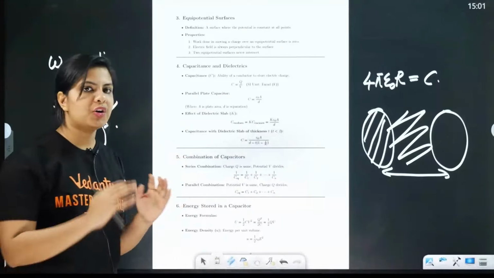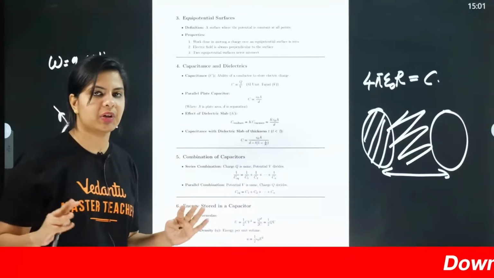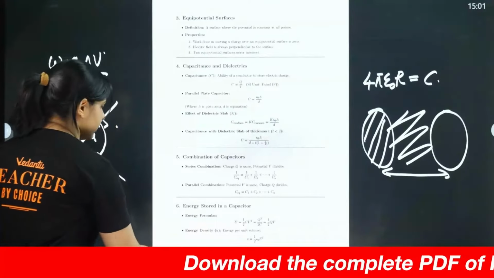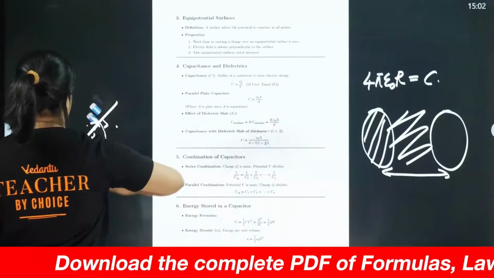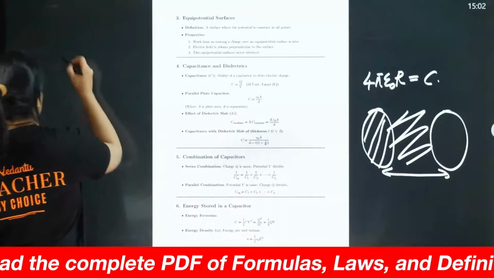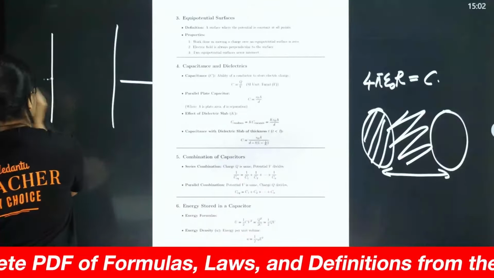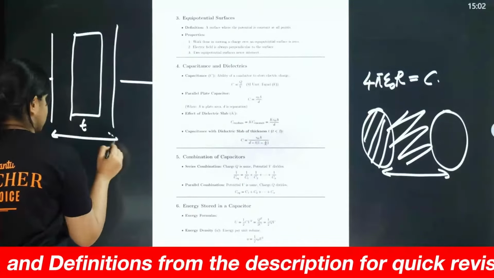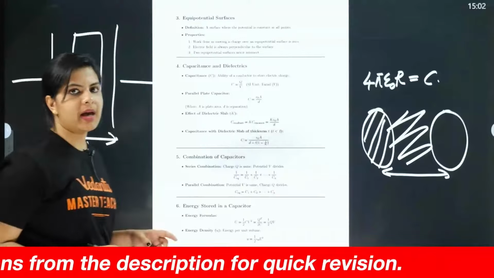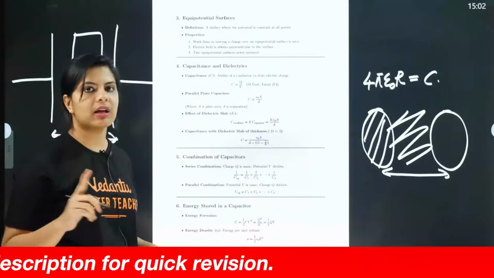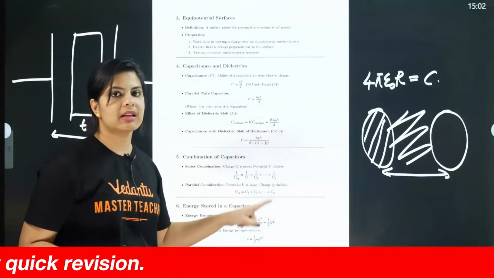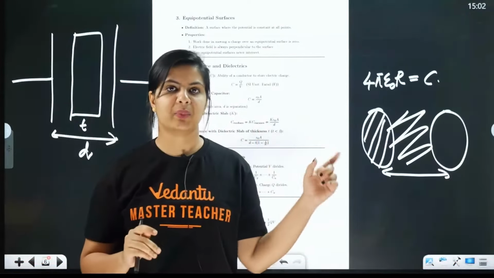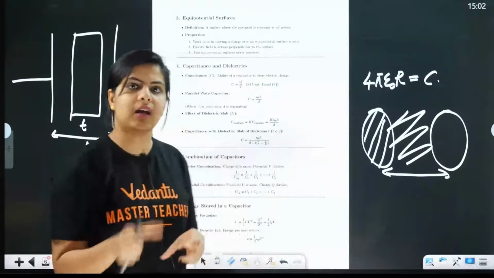Now I don't want to fill the complete space with the dielectric medium. The dielectric medium is present only in some of the space, so I will draw the diagram here. This is our parallel plate capacitor. I am keeping a dielectric medium with a thickness t, and the separation is again d. Then the capacitance is epsilon naught A divided by d minus t plus t by k, and this equation is also important. In the sample paper, if you check, the question was asked directly.